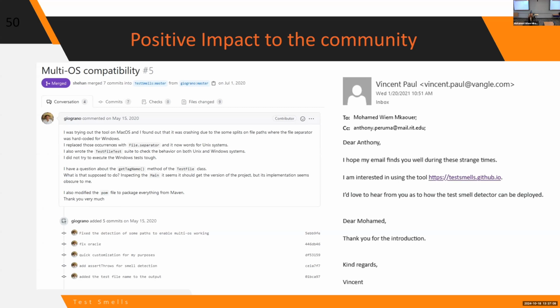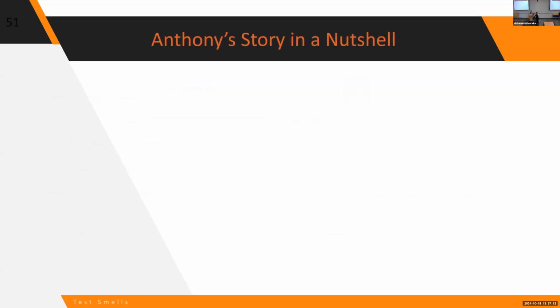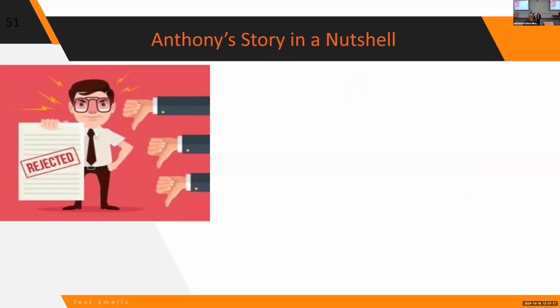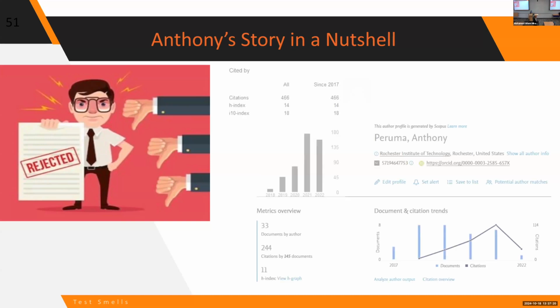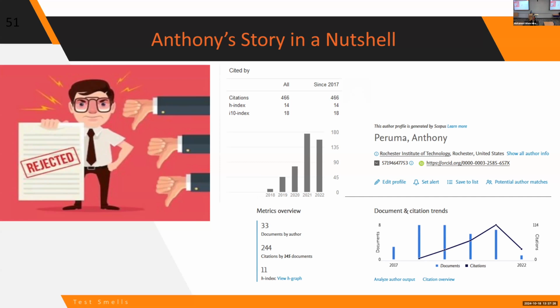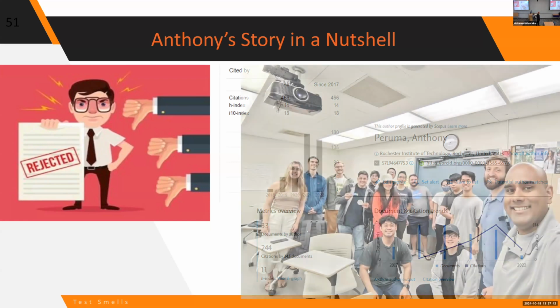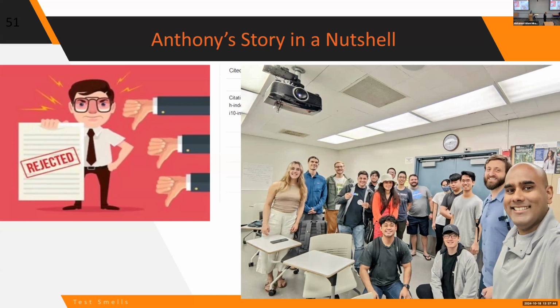It's your decision. Okay. So if I had to summarize the story, Anthony went from someone with a lot of rejections, right, into someone who is actually graduating with 466 citations just as a student because of that work, not because of his PhD work. Nobody knew that, now it's better, but back then his test work was the one that made him known in the community, right? So that's how you can look at this work if you keep supporting the people. And this is Anthony right now at University of Hawaii, teaching his students about testing.